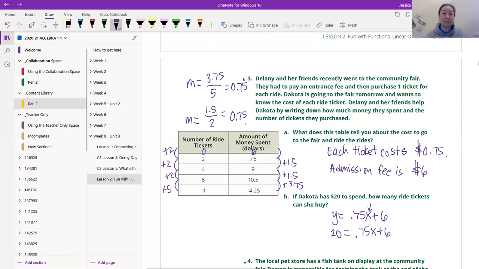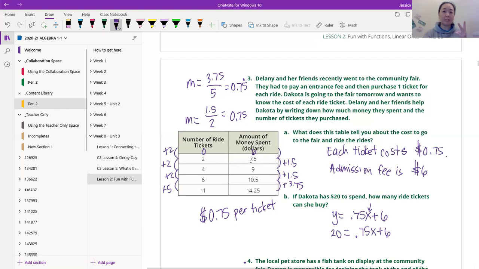What in the world does that mean? That's going to mean it's going to be 75 cents, right? Because the Y is the amount of money spent for the number of tickets. So 75 cents per ticket. All right. So if we know that it's 75 cents per ticket, then this person who went on 2